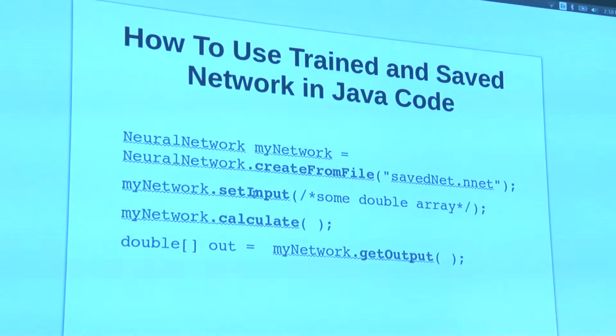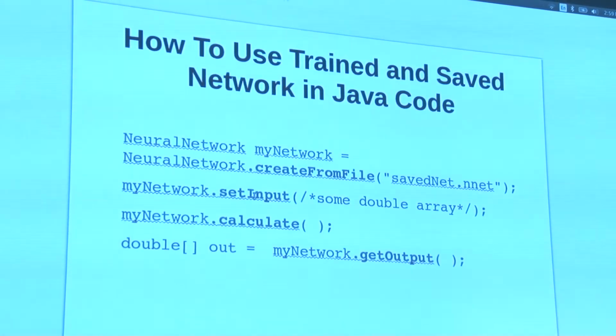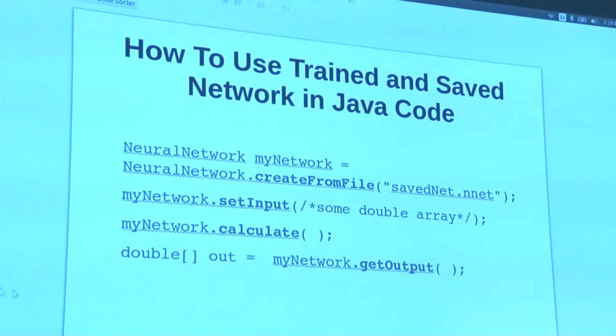You have the calculate method, which calculates the entire network, and then you just get the output vector of the network. So basically what the neural network does is mapping between some set of inputs and some set of outputs.